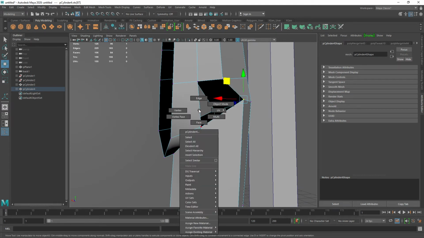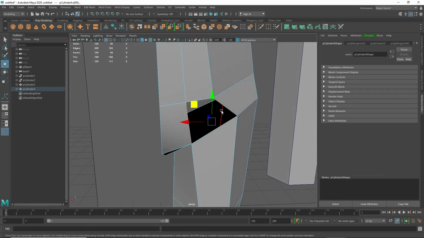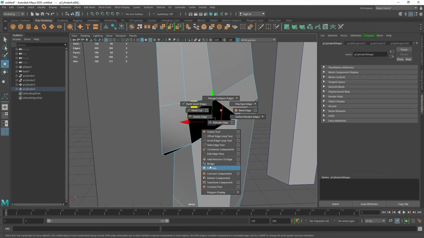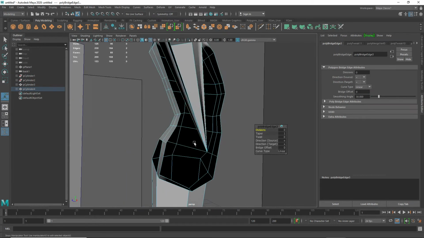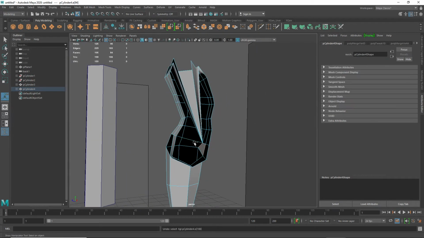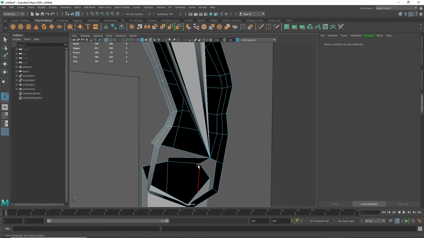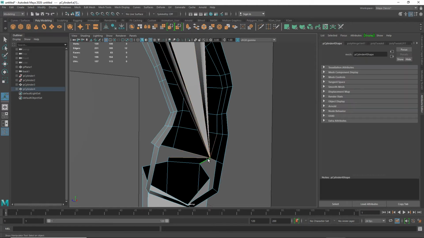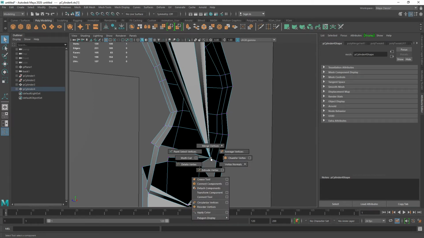And then basically let's go into edge and let's bridge. Ooh. Something got broke here. Let's see when that got broke. Alright, so I'm out of undos. So if something like this gets broke and you're stuck, go to vertices, shift right click,